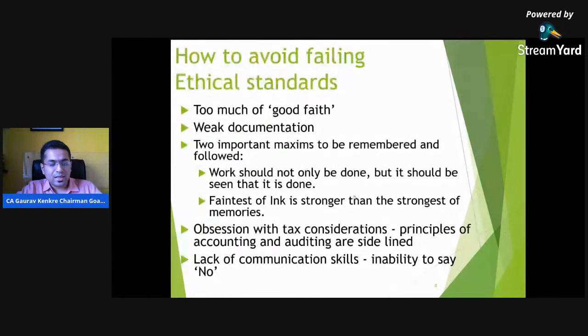So at this stage, either we should say no, that please excuse me, I am not specializing in this kind of work, so I will not be able to help you. Or the other option is, you take up the work, but please join hands with some other professional who has enough knowledge in this field, so that you do not end up doing something completely wrong or completely inappropriate in that assignment.